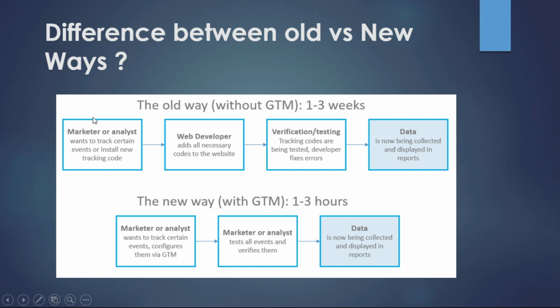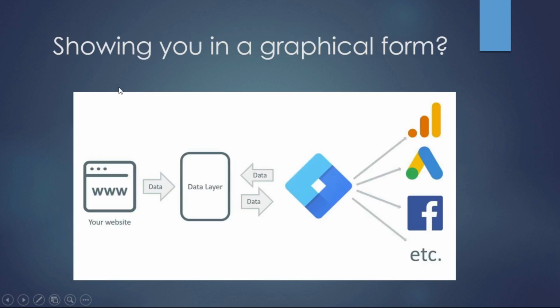Google Tag Manager has simplified our life. Now the tracking IDs and the codes that you take from Google Analytics and AdWords, you deploy on the Google Tag Manager software. Google Tag Manager has just one code that is deployed onto the website, and all the rest of the codes are coming to Google Tag Manager, and your data is getting collected. The time spent on getting this done was 1 to 3 weeks, which has gone down drastically to 1 to 3 minutes.